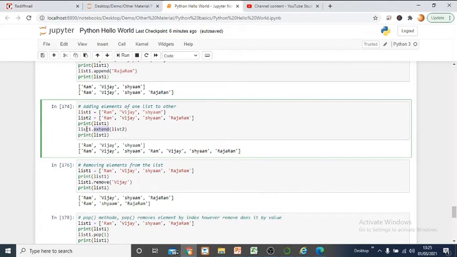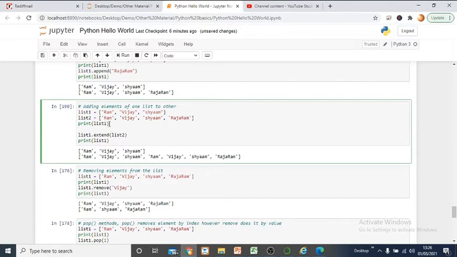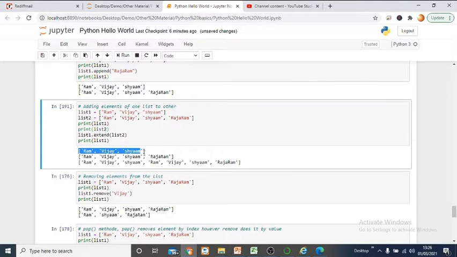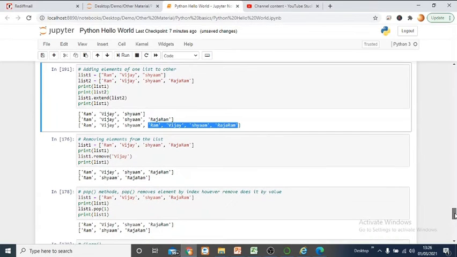So when you use list1.extend and pass list 2 as the parameter, once you do this operation, then what will happen? Let me print list 2 as well. Print list 2, and now you can see this is our list 1, this is our list 2, and with the extend operation, list 2 has been appended at the end of list 1. So this is how the extend operation works. This is a very important and very useful function in real life, where you do a lot of list additions at the end of another list, right?